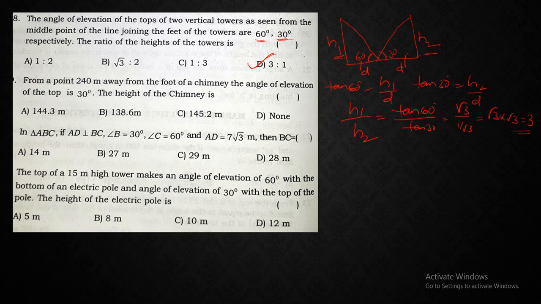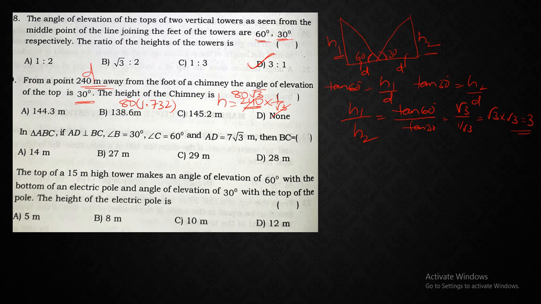Next, from a point 240 meters away from the foot, that means the distance is given, the angle of elevation is 30. So directly the height is equal to 240 into 1 by root 3 because tan 30. So 240 divided by 3 is 80, so this goes 80 into root 3 times. So the answer is 80 into root 3. So what is the value of 80 into root 3? So 80 into